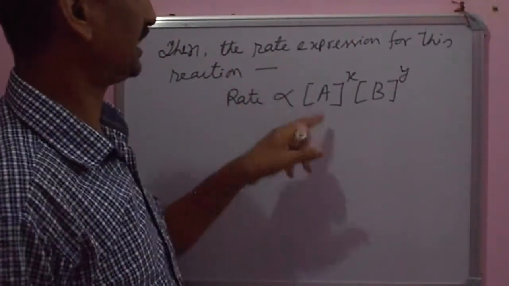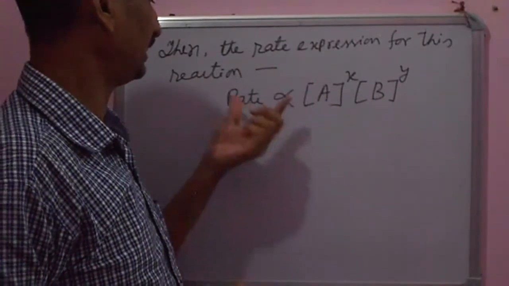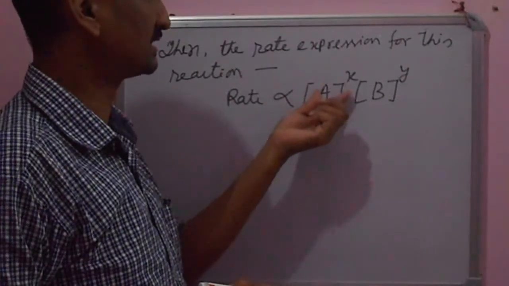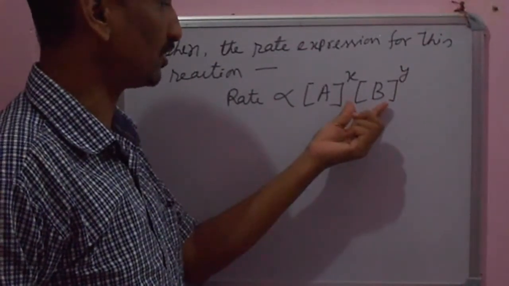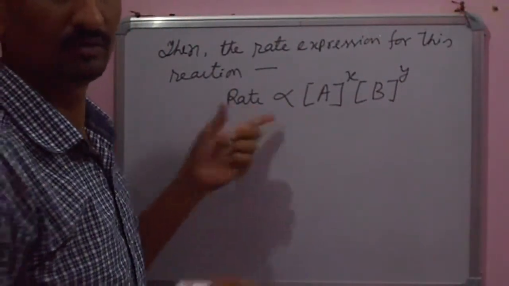Rate depends on the concentration of the reactants. So here rate depends on the concentration of the reactant A raised to some power x, and the concentration of the reactant B raised to some power y, where